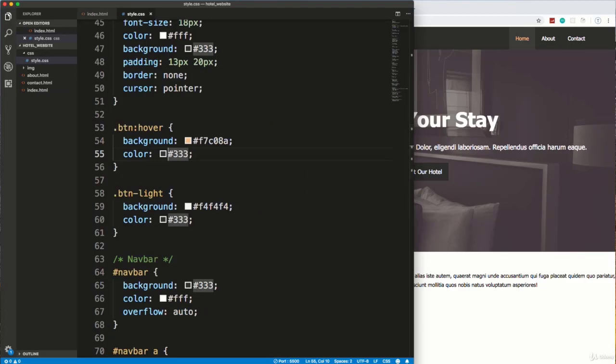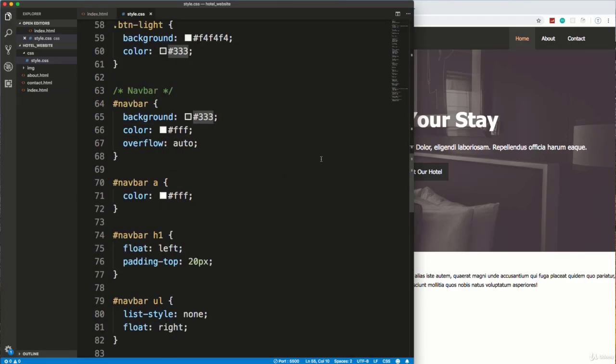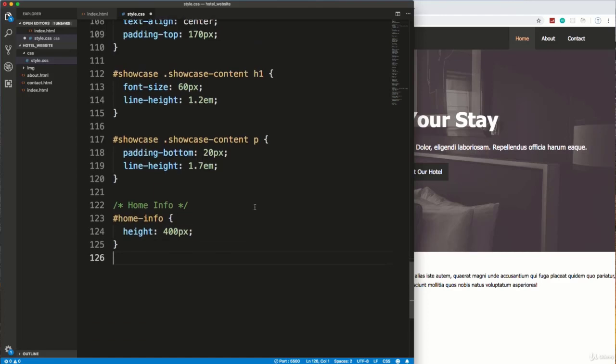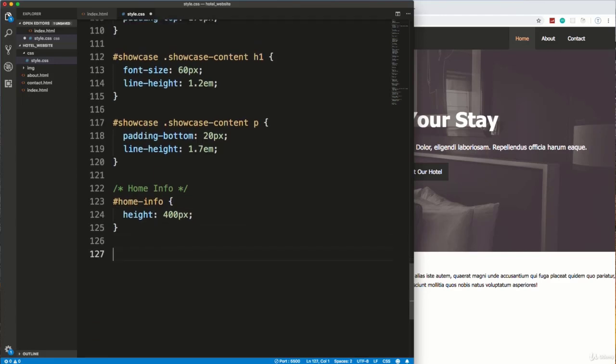So let's go down below showcase, and let's say home-info itself. I'm going to give this a height of 400 pixels, and that should be all we need for the home info itself. So for the image, we want to do home-info, and we want to target